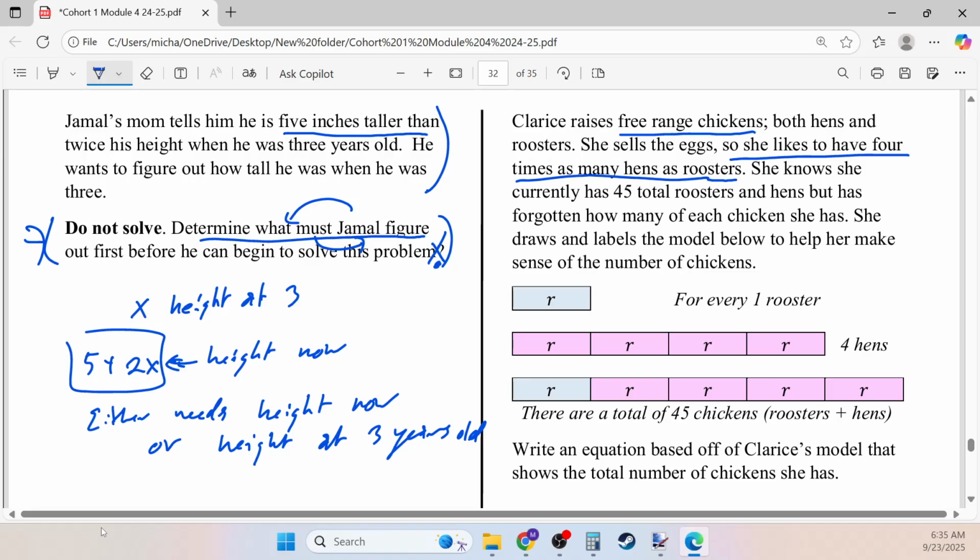She knows she currently has 45 total roosters and hens, but has forgotten how many of each chicken she has. She draws and labels the model to help her make sense. So for every one rooster, she has 4 hens, and this has got to be awful for